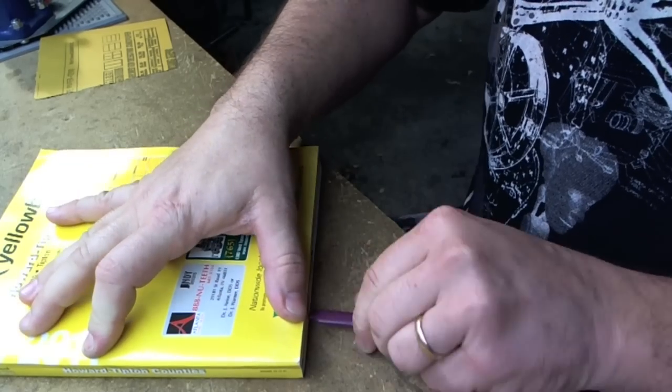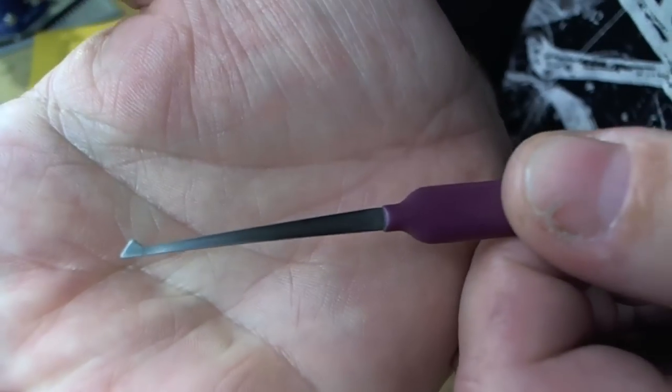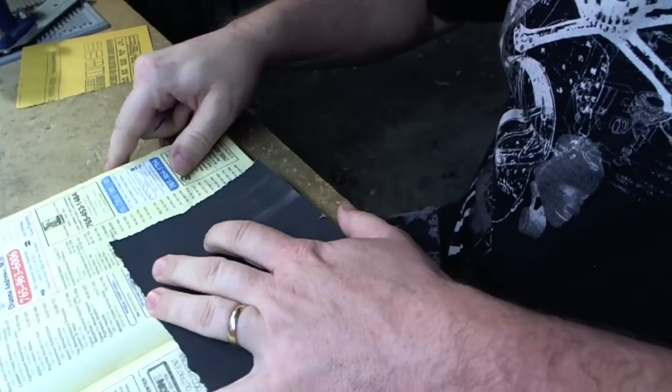And just in and out, occasionally flip it over and do the same thing. So do that, and you can already see where it's starting to shine up there a little bit. Once you get that shiny, what I do is just open the phone book up,